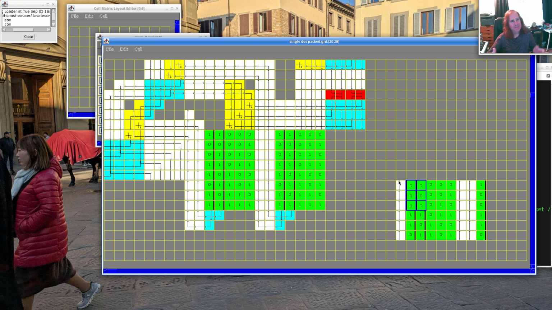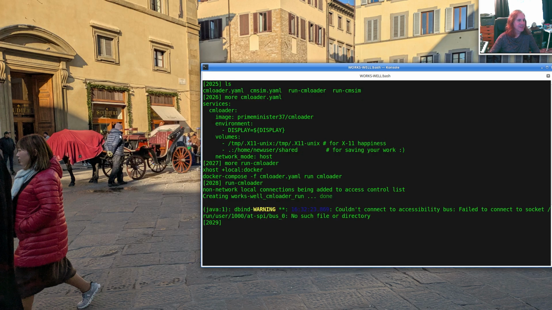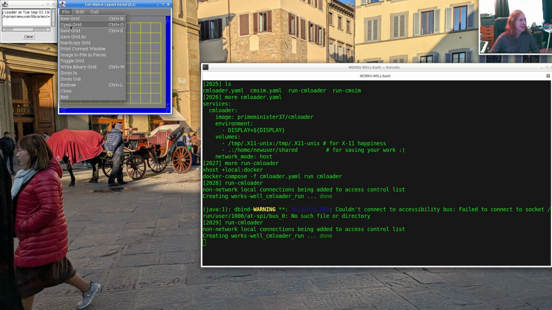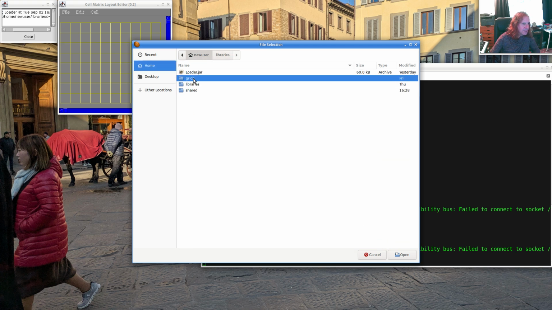So let me go through an example of this and see how we can actually use this to build something meaningful. Also, once we have this done, we can save the grid file. We can also save a binary grid file, which we'll be able to load into the simulator. So I'll do all of that. But let me go ahead and run this from scratch, and let's open up under libraries, let's see, maybe not under libraries,